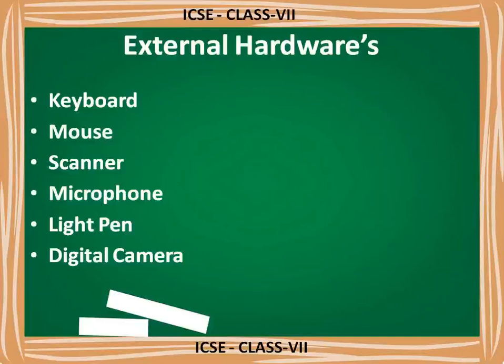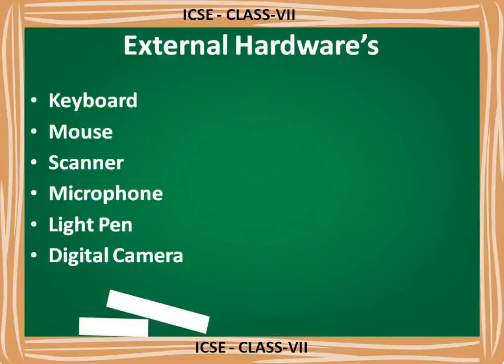Then the next type is the flatbed. In a flatbed scanner, the scanner is kept still and the paper is placed over it. It's like a Xerox machine, got it? The laser light moves from one end to the other, and as it moves, it scans all the document or text from that paper, and the content is displayed in the form of a soft copy on your desktop screen. This flatbed scanner is popular, in the sense that everywhere this type of scanner is used.